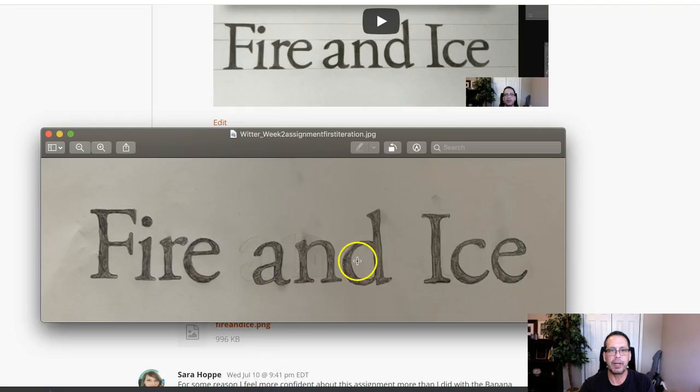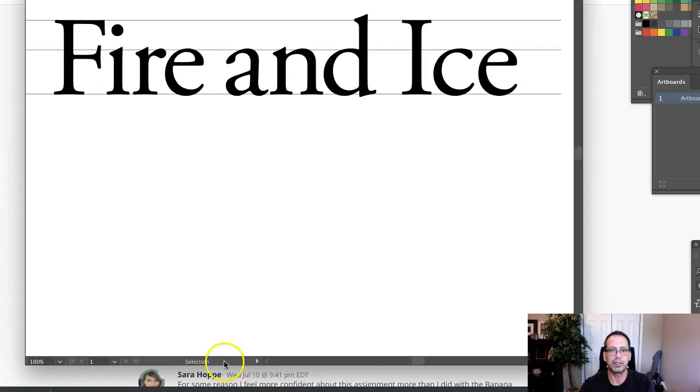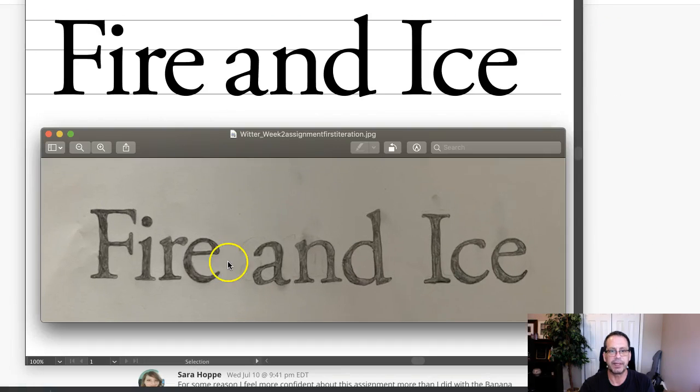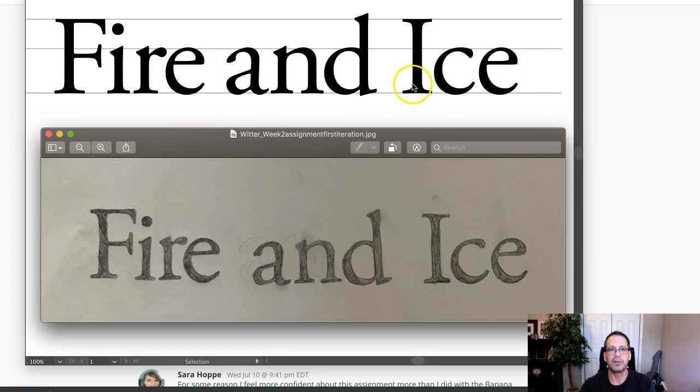I've got this up, and I want to open something else up in conjunction with your file so we can take a look at them together. The top example is something I did digitally in Illustrator. Exact same principles in InDesign for spacing, but I consider this to be perfect word and letter spacing for the phrase fire and ice. And one of the things that we want to establish here is good, consistent letter spacing